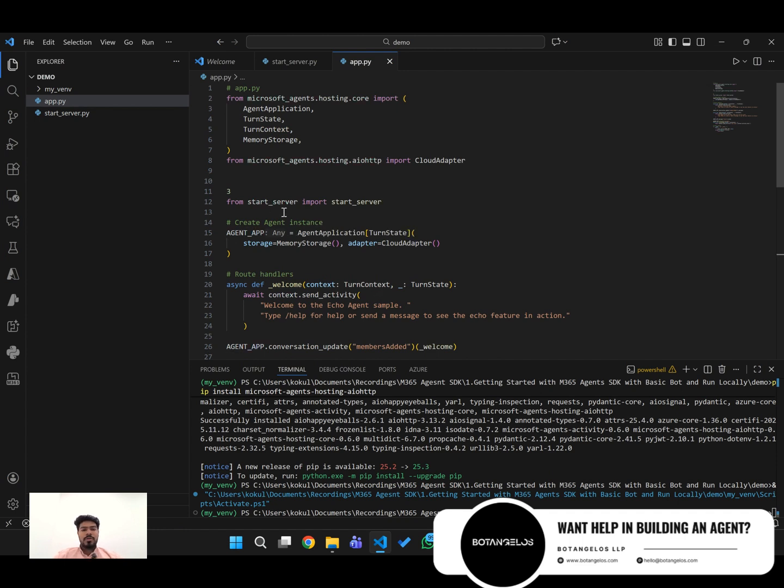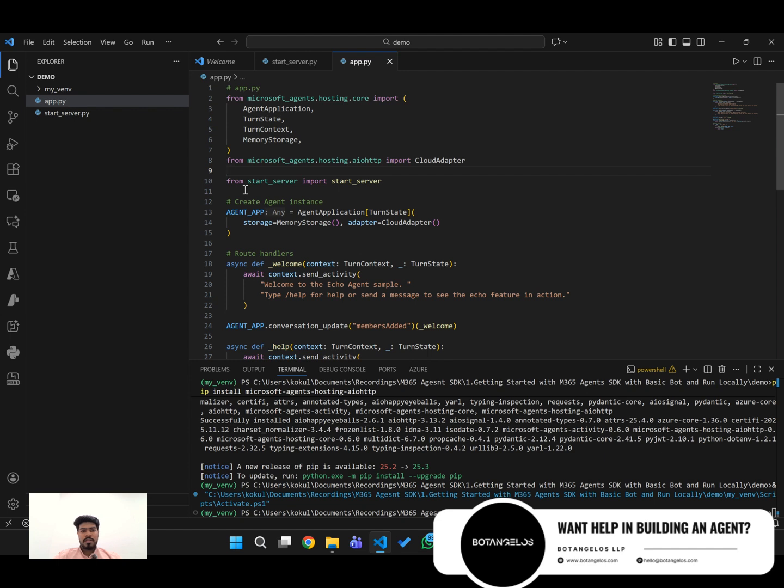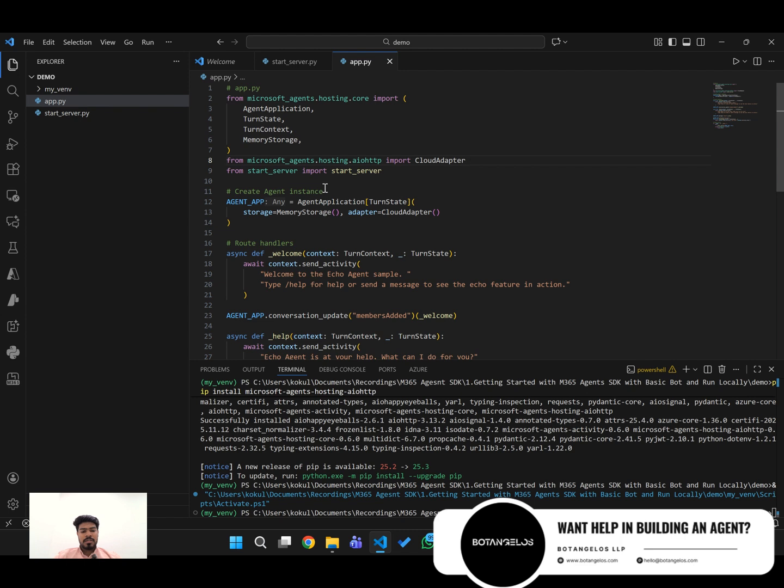So let's go through each line of this code. And here I have a 3 which is coming because of the line break in the documentation. So I just removed it, save it. So the first lines up to line 9 are the import statements that we are using in this project,